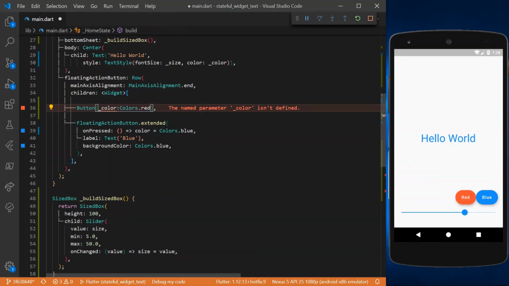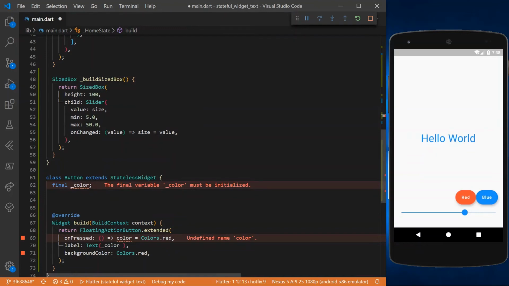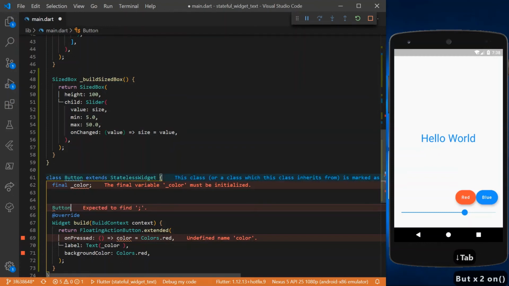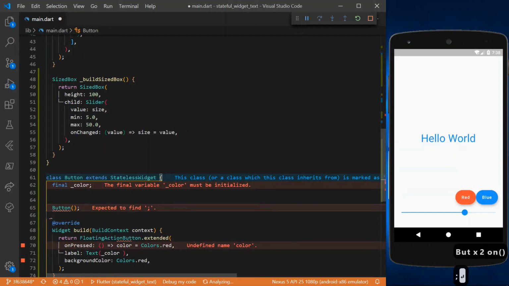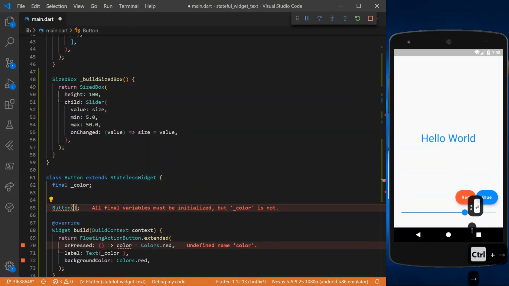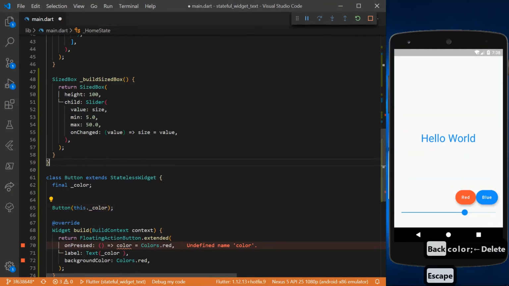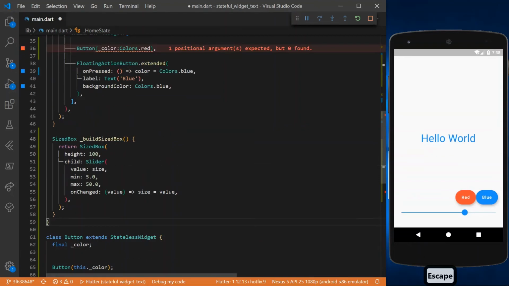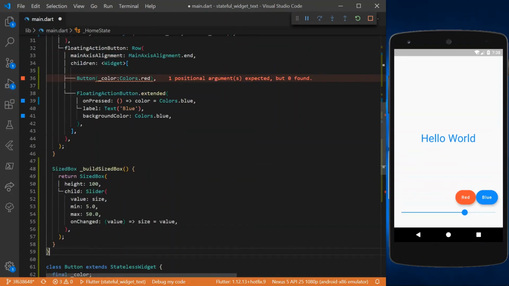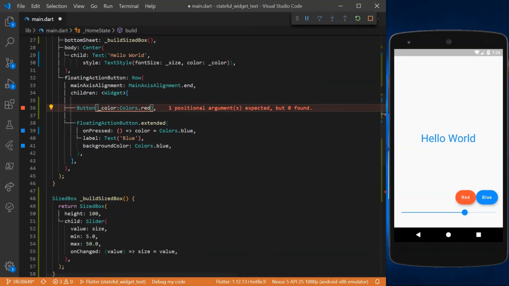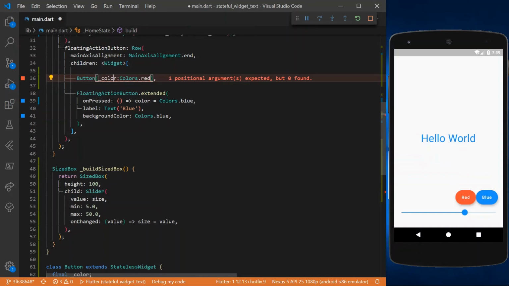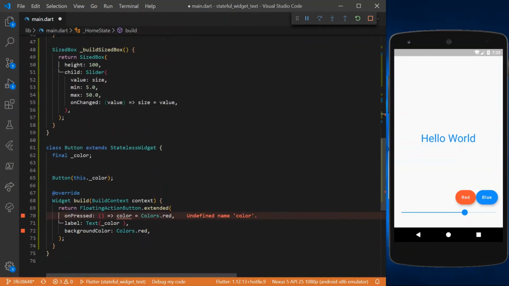So how to achieve that? That's where the constructor comes in. We do it here, which is button. Again, I'm going to use a shortcut. I hope you can recall my previous slide. This is the color, right? Which is specified for the first time here, and here. But here we want to pass a parameter by using named parameters, but we didn't specify that here. So the way you want to do it is